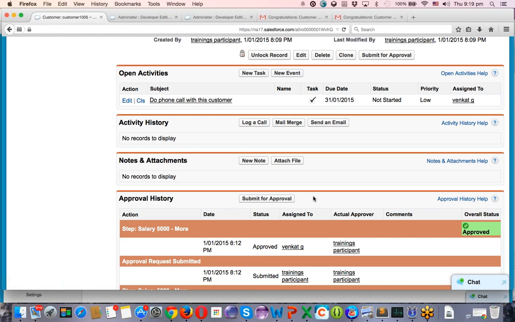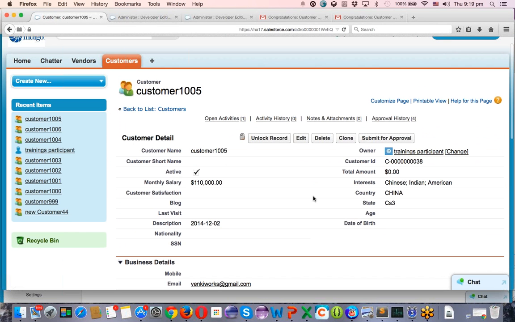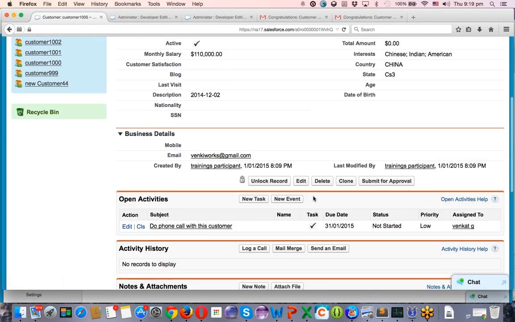Okay. Venkat? Yeah, I've got it. You said that once it is approved, then it will be logged and there will be no other submission for approval again. But it is still showing another option, right? Submit for approval again. Why is that so? Because again,